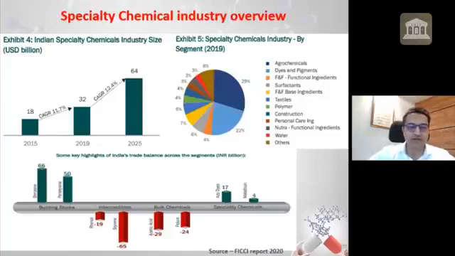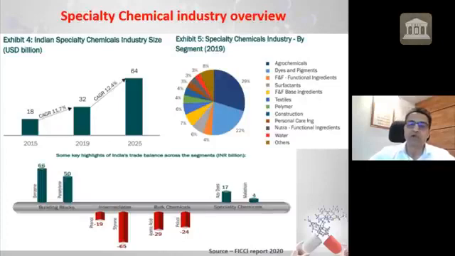I'm just giving some more data here, just looking at the specialty chemical industry. If you look at 2015 to 2019, the CAGR was 12% for specialty chemicals. For the next 6 years, this is a FICCI report, they predict the growth rate to be more than 12%. I think the growth rate will be even more than 12% because just looking at the contracts that companies have been getting in the last 1 year, China Plus One is also driving a lot of growth for the specialty chemical industry.